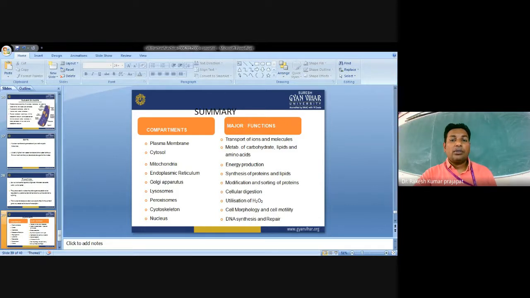Now if we talk about this chapter, cell structure and function, one important thing about cell structure is that an organism may be either unicellular or multicellular, based on the number of cells. An organism made up of more than one cell is known as multicellular. Examples of multicellular organisms are higher plants and animals. A smaller number of cells in a smaller organism does not in any way affect the function of the organism.